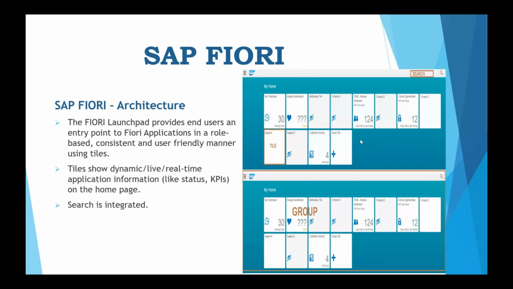Sir, can you repeat once, please? SAP Fiori Launchpad. See, for example, when you open your mobile, you see all the apps. In the same way, SAP provides a concept called SAP Fiori Launchpad. You enter the URL, then your username and password. Once you enter, you see tiles, and when you click on a tile, your application opens. It is the same as clicking an app on your mobile. Until the tile is assigned to your user ID, you will not be able to access it. So it's an entry point for end users to access their applications. Is it clear?